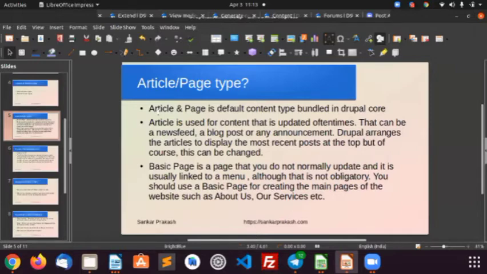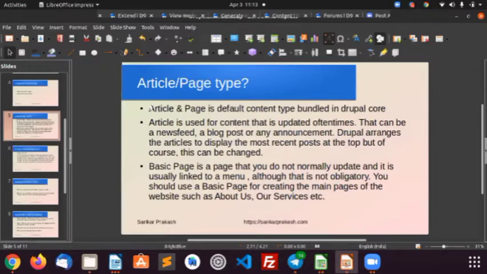You will update them at a very minimal frequency. But in the article type, you will update very frequently. So that is the difference between the article and page content types, which come built into the Drupal core packages.